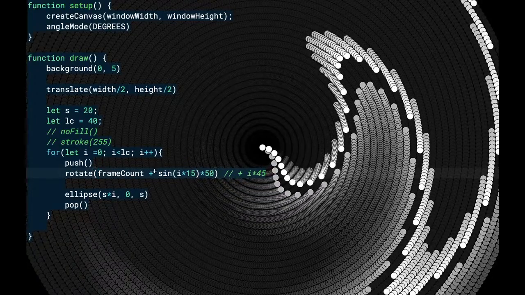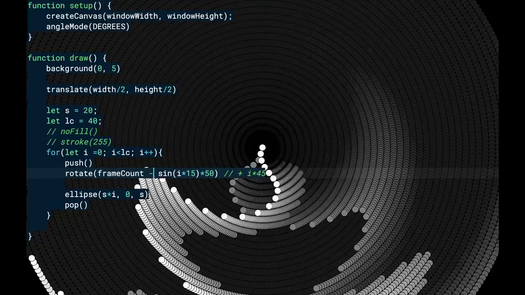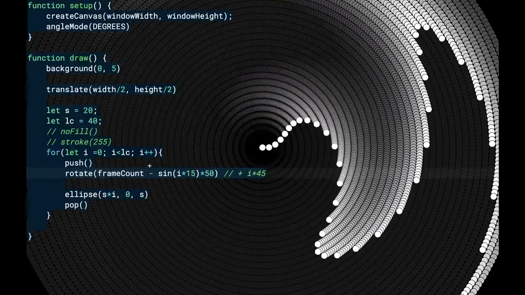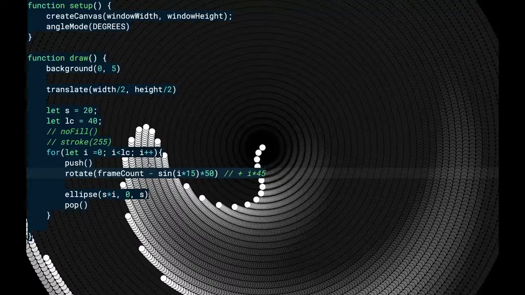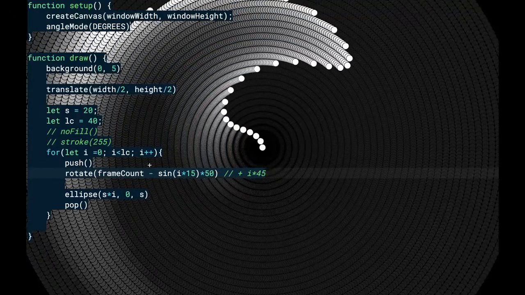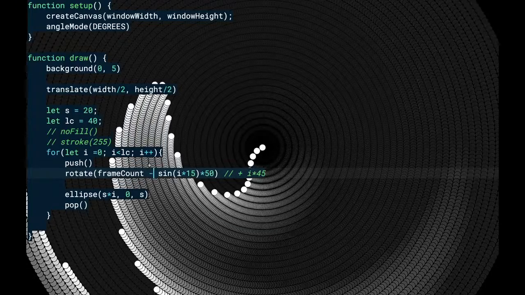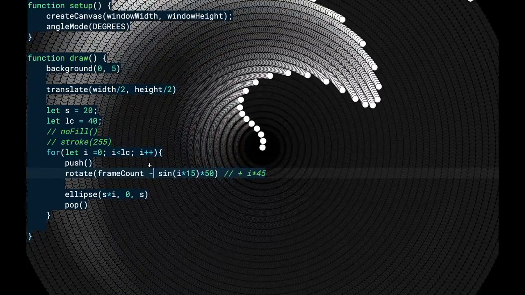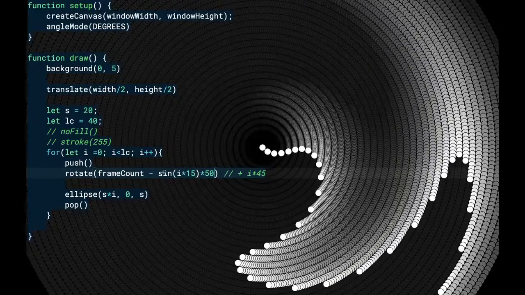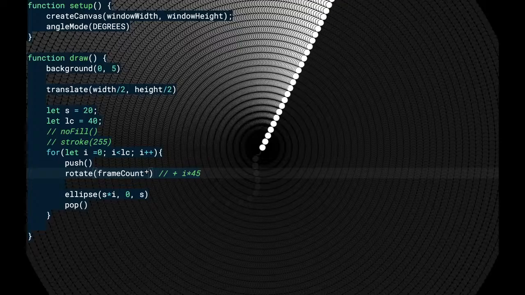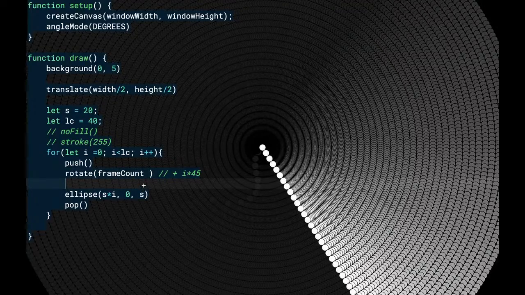Change the directions. Maybe I just want to do a minus. I don't know if that made a difference. But they don't really look like they have a lot of life because they are all moving together. They need to have different amounts of movement to one another. So I think I'm going to go back to there just being this continuous rotation, and then maybe play